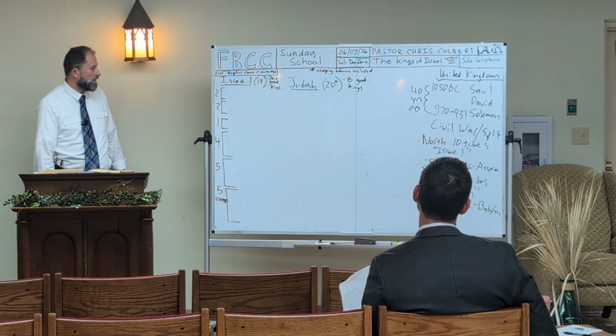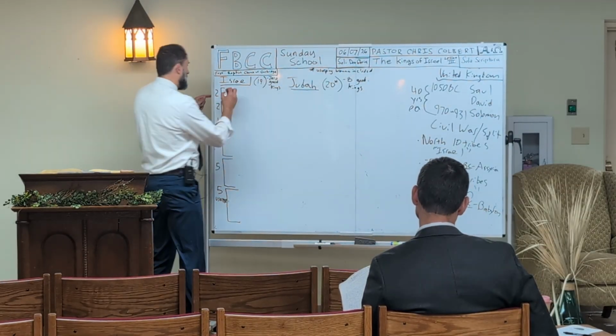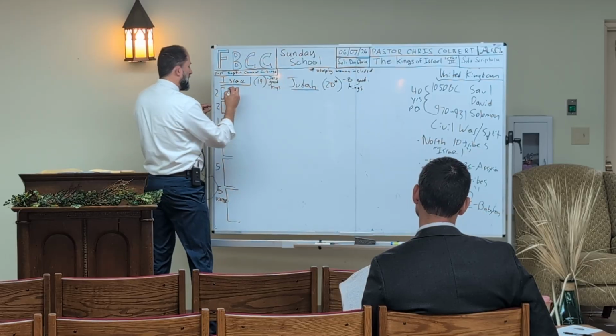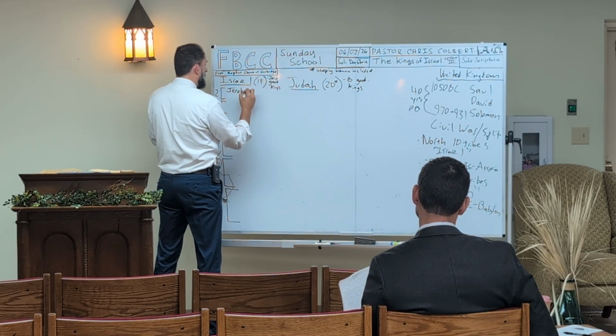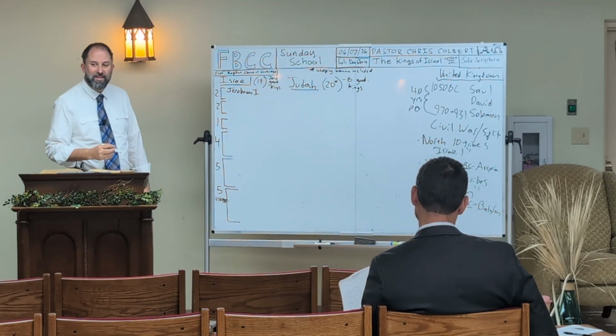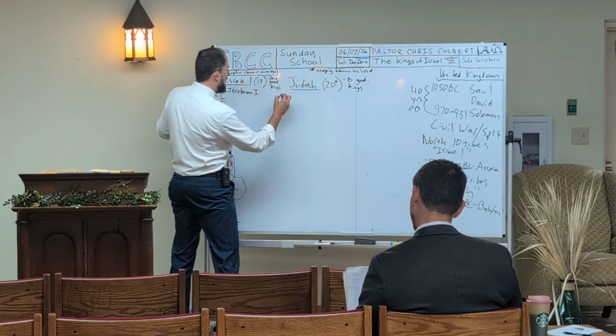All right, so who are the first two? Right, so let's do this. This could help you. Jeroboam, and what do we call him? Jeroboam what? One, because that presupposes what? That there's another one. Yeah, there's another one. So then you already let the cat out of the bag here.